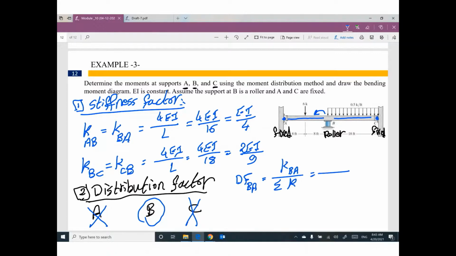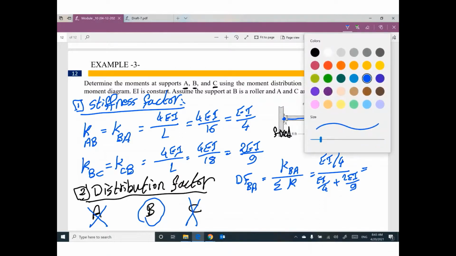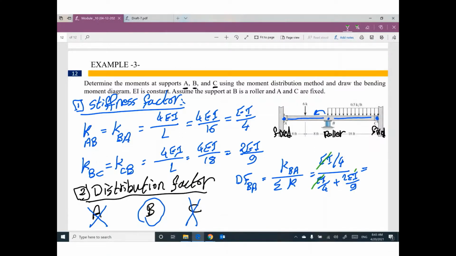The stiffness factor for BA is EI divide 4. Summation of all members at B is EI divide 4 plus 2 EI divide 9. I believe EI will be cancelled. So the value will be quarter divide quarter plus 2/9, which is 0.53. Distribution factor